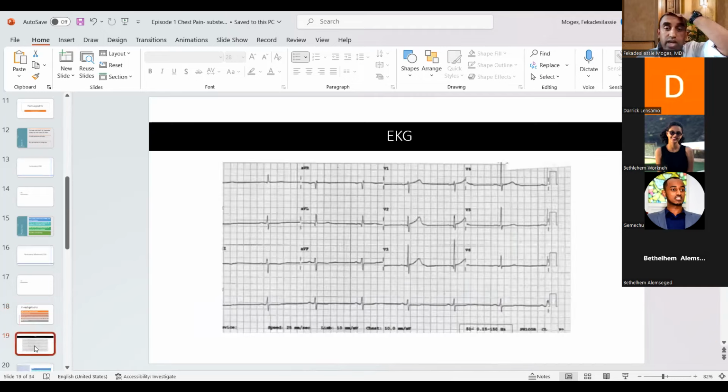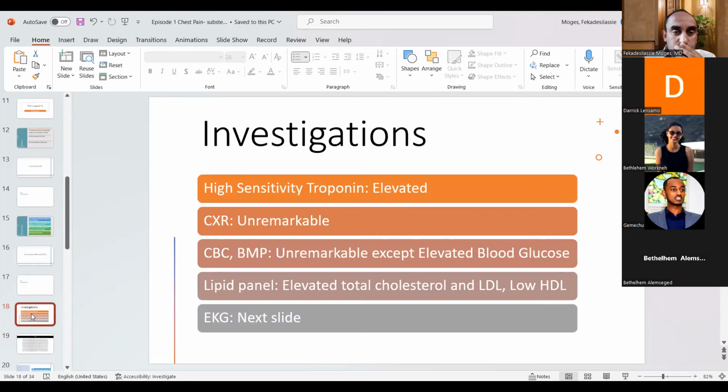So I'm going to show you the EKG. What do you see in the EKG? Maybe before that, doctor. Is there any value for bedside ultrasound, especially for the aortic dissection? No, not necessary. Even the chest X-ray would tell you something. If there is aortic dissection, most of the times there will be mediastinal widening. We didn't see any mediastinal widening, so that further decreases the possibility of aortic dissection.